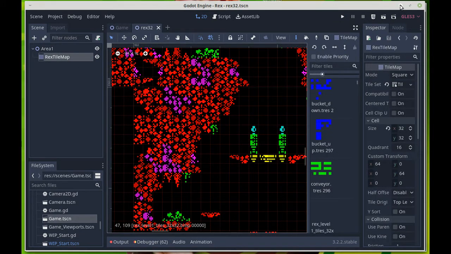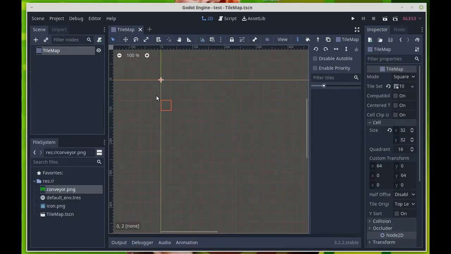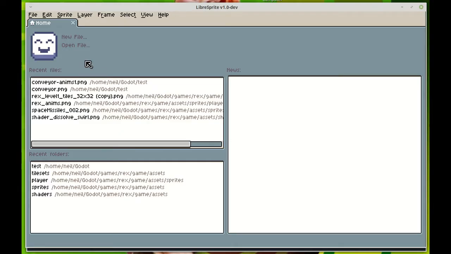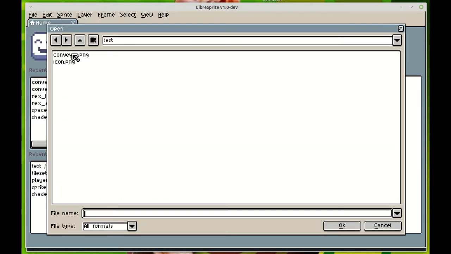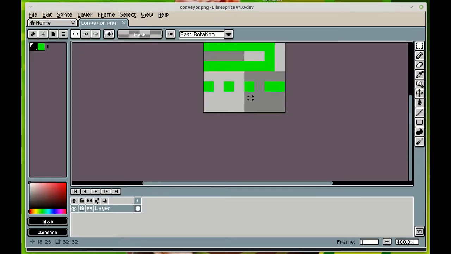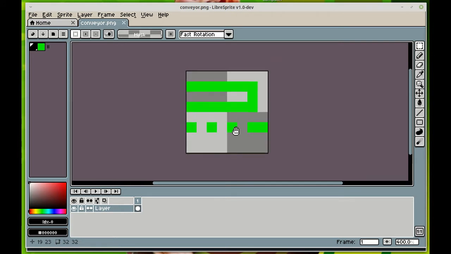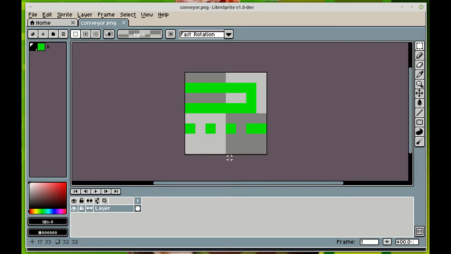As you can see, the process, once you do it, is quite simple. So first of all, I've just created a simple tilemap with nothing else in it. And in order to get my animated conveyor belt, we simply need one piece of graphic, as you can see here. And what we essentially do is